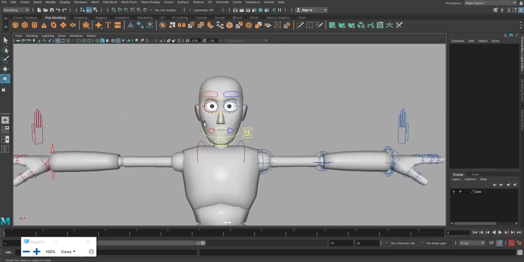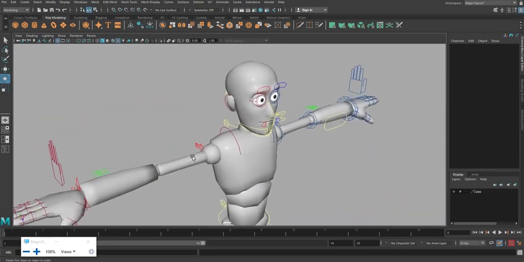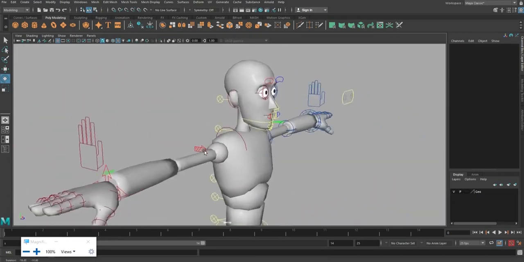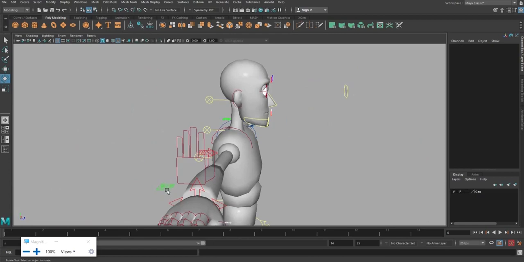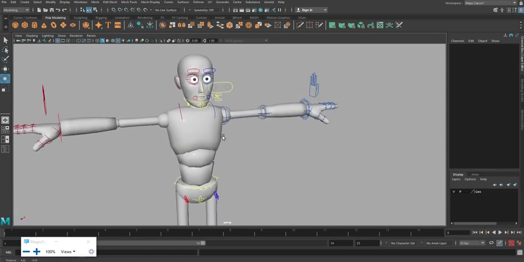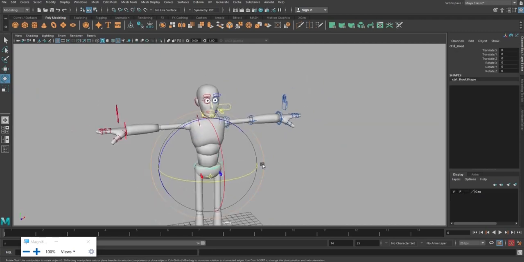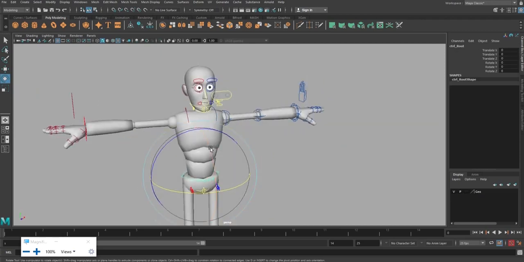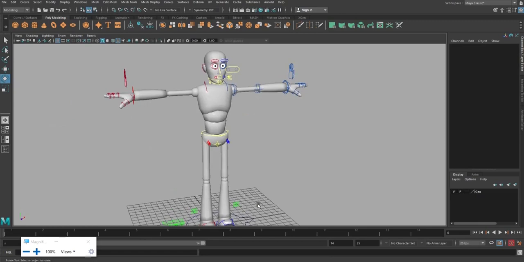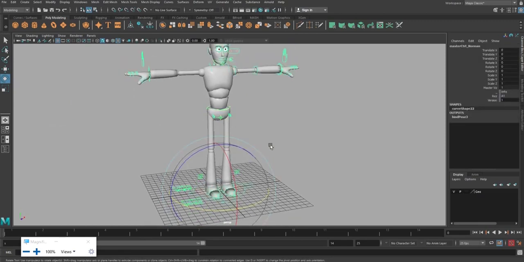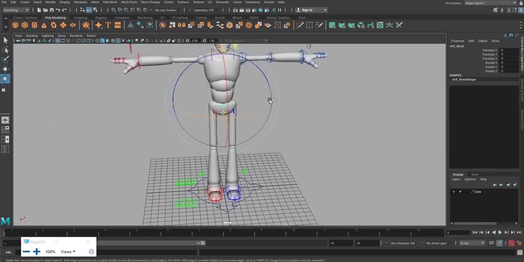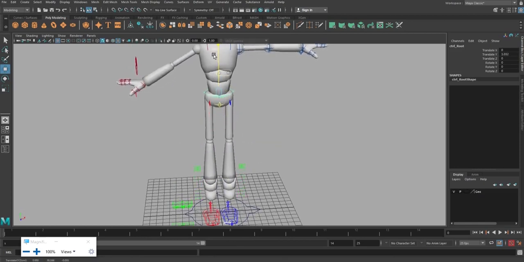Why do we need to have this type of FK controllers? The thing is, when the body is in complete motion, say for example the entire body of the character is in the air. I'm just going to select the base control, the hip control, and pull it.